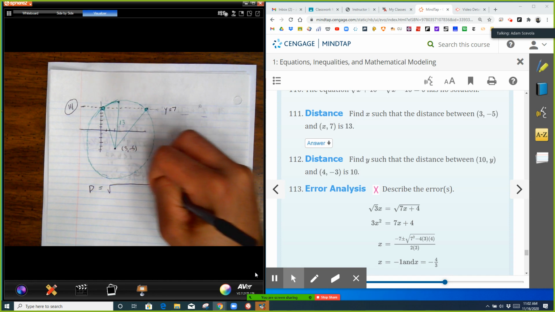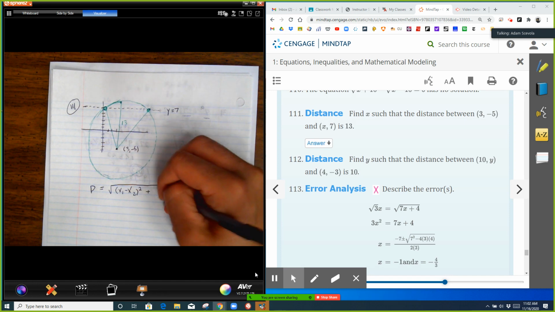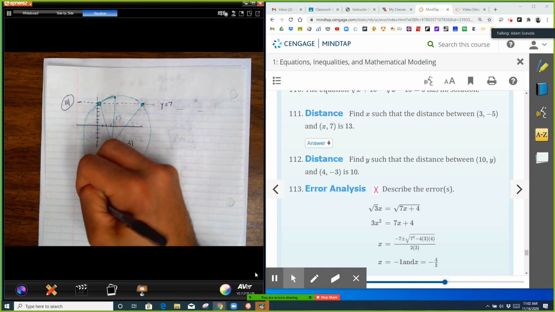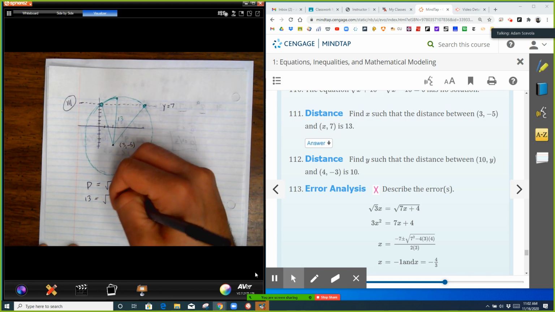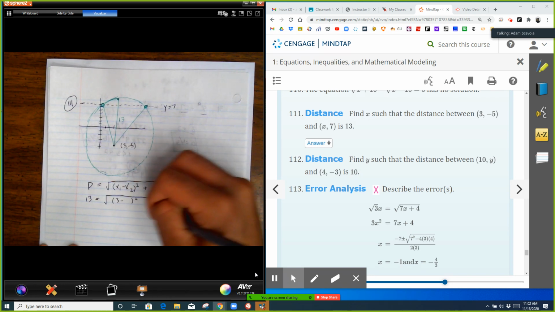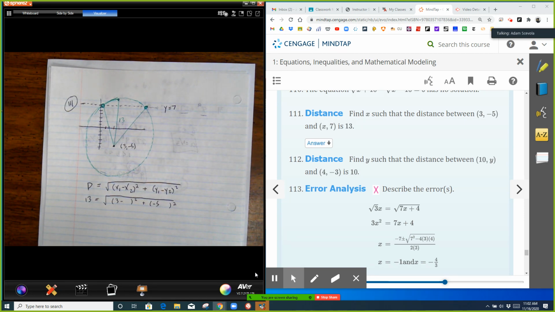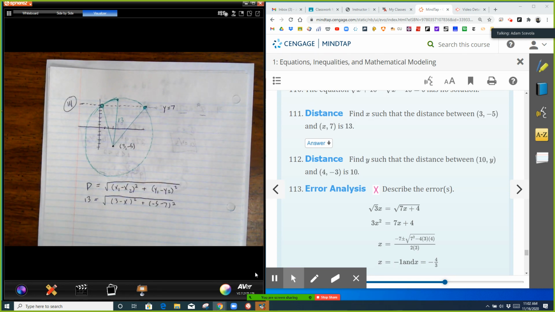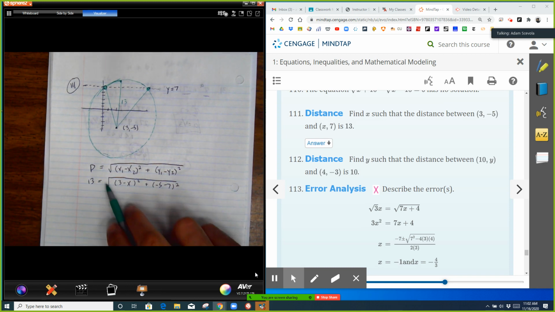We can make x1 and y1 the point that we know, 3 and -5. And then the other point would be the unknown point, (x, 7). So we could do x for x2 and 7 for y2. So now we're solving this equation here, and it's a radical equation. This is why it comes up in this section. To solve a radical equation, we want to isolate the radical expression, which is right here, and then square both sides. So we get 169 is equal to (3 minus x) squared plus (-12) squared, which is